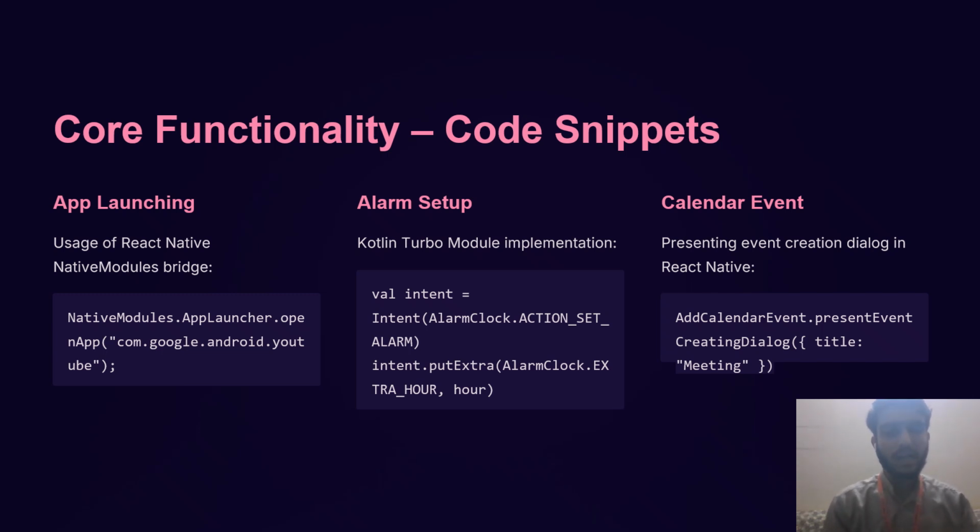The React Native frontend communicates with llama.rn to run the Tiny Llama model. And this model is bundled in the app using GGUF format. Native modules handle system level tasks like launching apps or making calls. We built native modules in Java or Kotlin and connected them via the React Native Bridge to run a specific task. For example, while using the functionality of app launching, we have used a native module of React Native